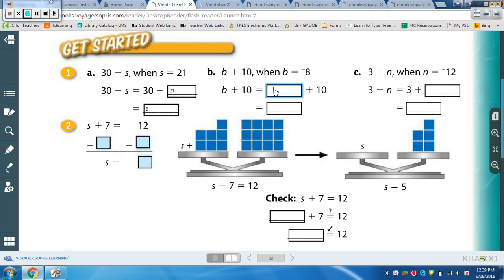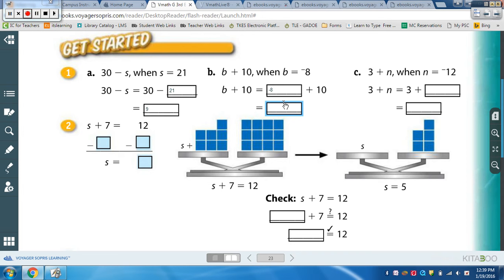Next example. b plus 10 when b equals negative 8. Here we are substituting negative 8 for b in the equation. So b plus 10 is the same thing as negative 8 plus 10, because we're substituting the negative 8 for the b. Here we are adding unlike signs. What do we know about adding unlike signs? When we add unlike signs, we take the smaller from the larger, or more specifically, we take the absolute value